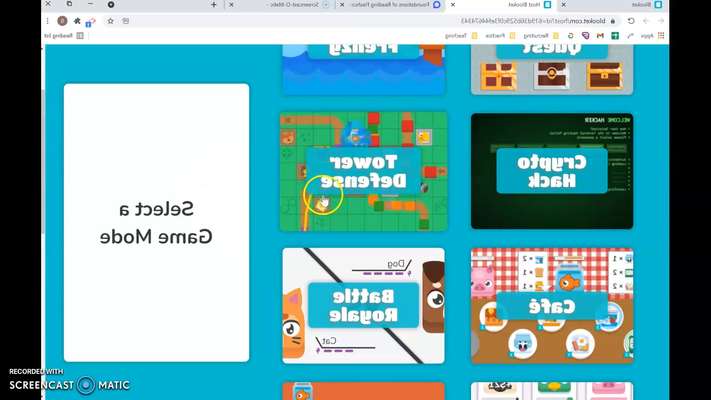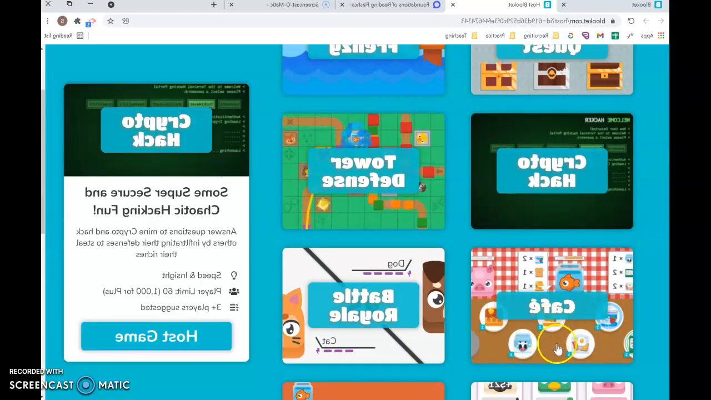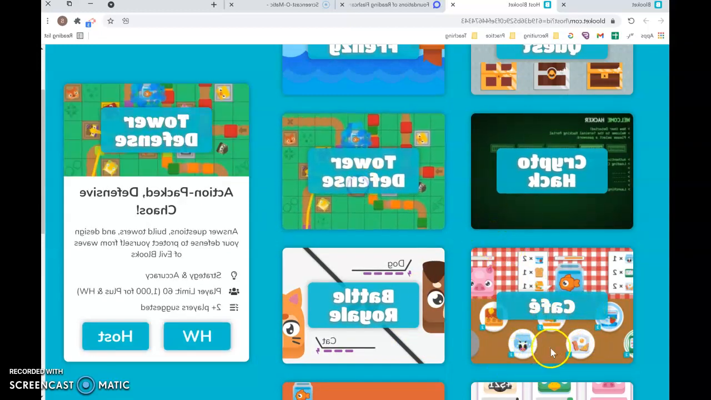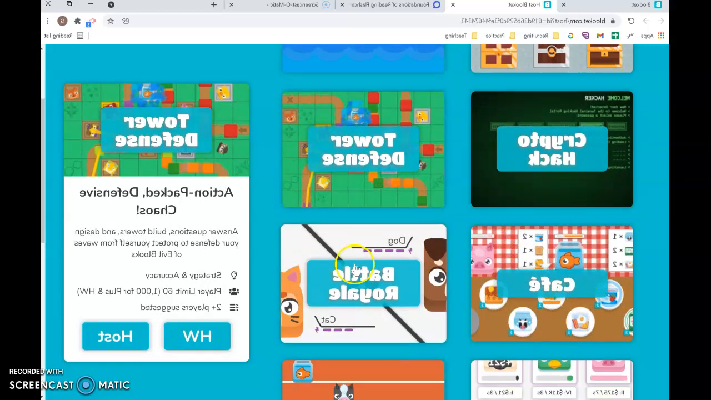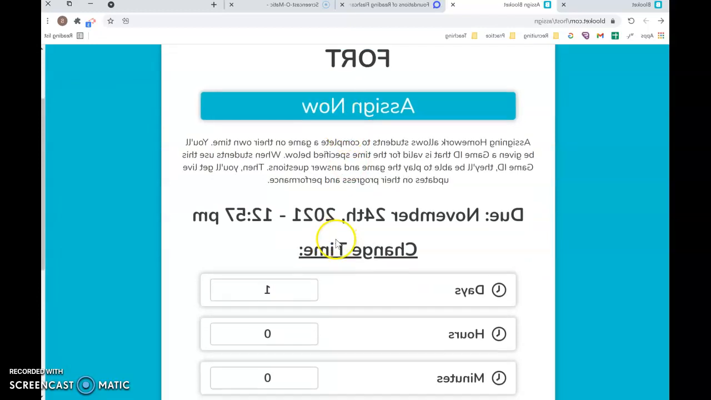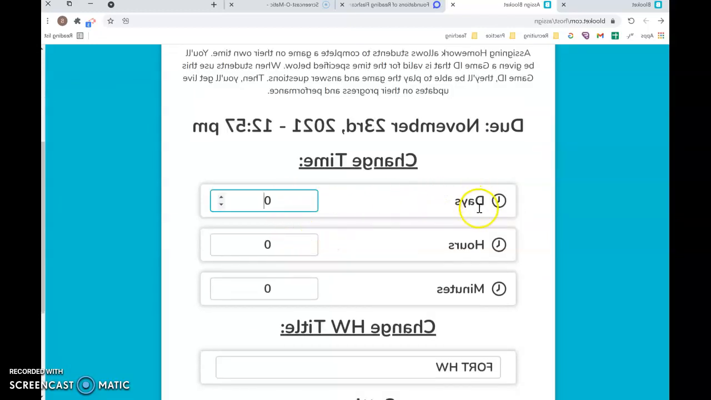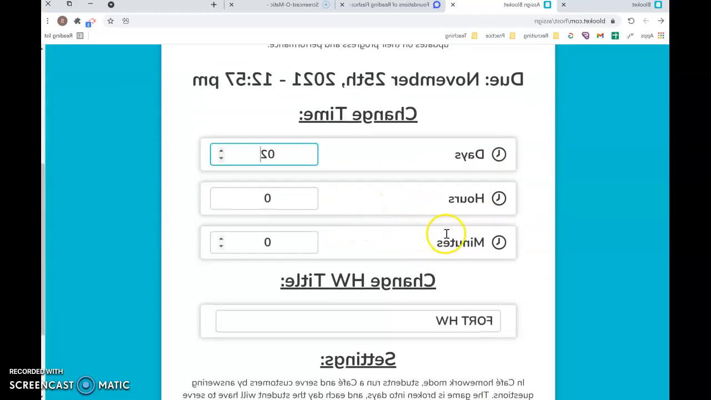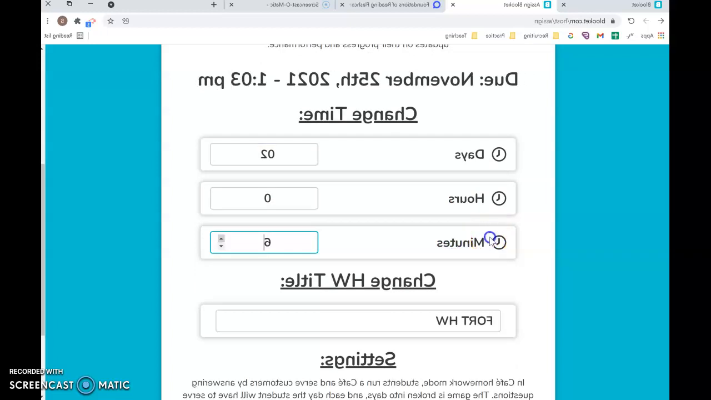I'm going to show you, and if you click on it, it says host game. Some of them say homework and host. So I'm going to show you cafe. That's a pretty good one. And so you can assign this as homework, and kids have to go home and play this game, or you can host a game right in the class, real time. So for homework, it has all this, you could give it, maybe it's over the weekend, and you got to play 10 minutes over the whole weekend, something like that. Or you could